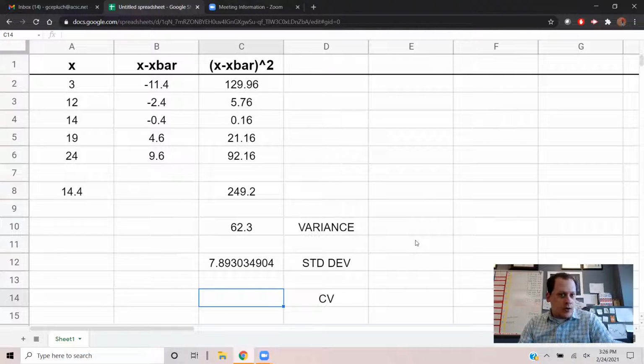The last thing we need is the coefficient of variation, or CV. For that, we take the standard deviation divided by the mean times 100. We can do that here. We need equals. We need to take the standard deviation divided by the mean. That's going to be cell C12 divided by cell A8. And I can actually just click on the cell I want, and it will input the cell value, or the cell number, letter and number. So I want C12 divided by